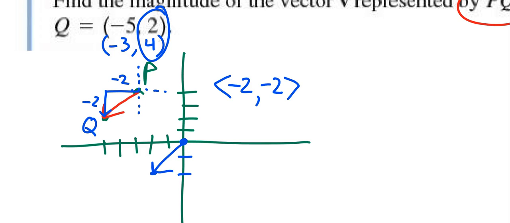Some people slide the entire vector so that the starting point is the origin. Would that be okay? Would these be equal vectors? Yes. Sure they would be. They have the same magnitude in the same direction because they have the same what? Be more specific with your terminology. Components. Okay, if that's what you meant, I totally agree.